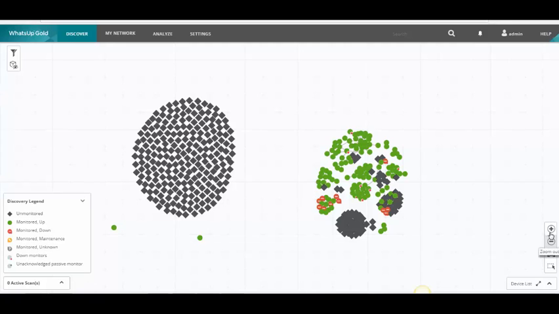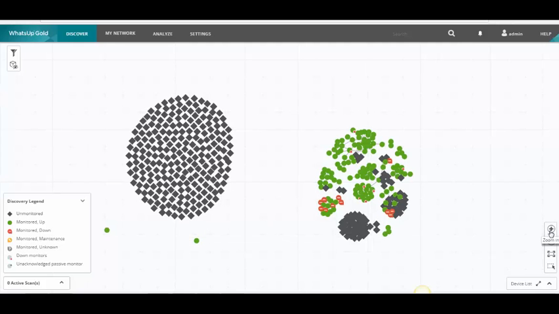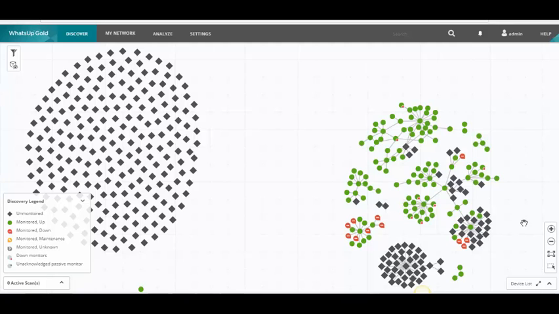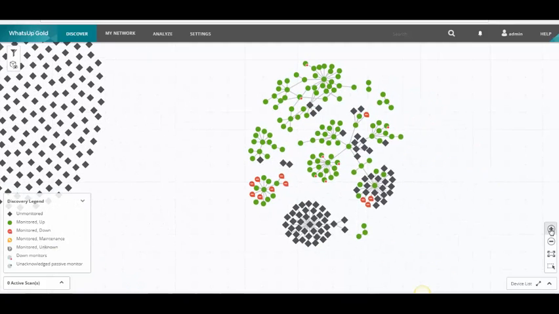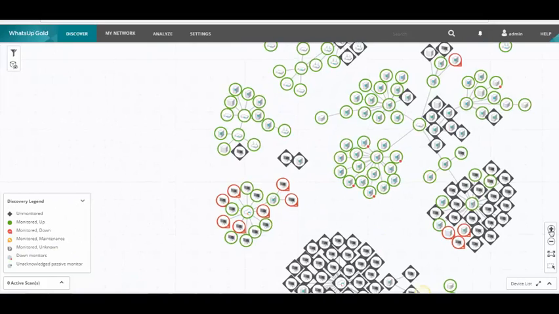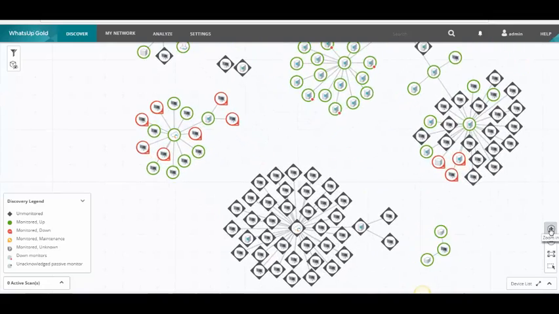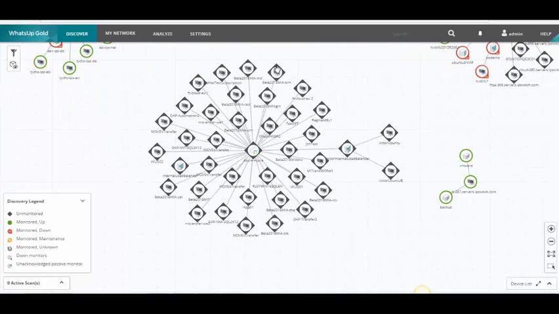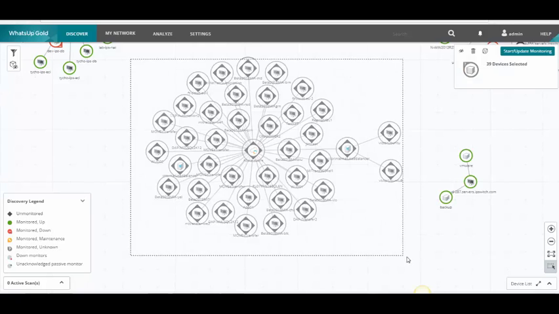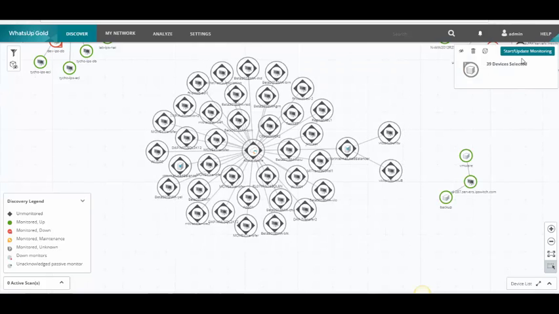This is my discovered network. You can tell which items are newly discovered or discovered but not monitoring because they will be grayed out. And devices that you are monitoring in WhatsUp Gold will be either green or red. We'll be able to understand the devices, understand their connectivity, and zoom in and see what they are. So here's my Azure cloud infrastructure. Maybe I want to bring that in for monitoring. It is just a matter of selecting those devices and selecting Start Update Monitor.